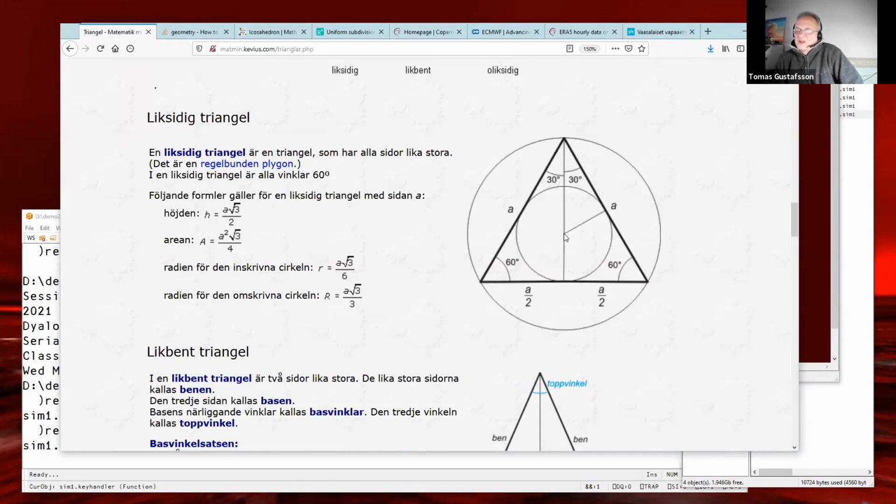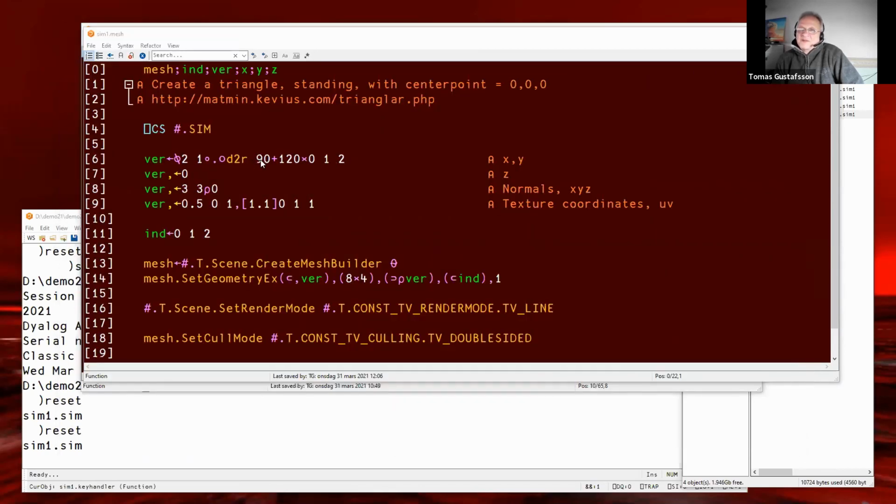If you have the center point here, you walk around the circle with 120 degrees intervals and take sinus and cosinus, of course. So from right to left, 90 plus 120 times 0, 1, 2. Change that to radians with the dynamic function degrees to radians, and take cosinus and sinus and transpose it because it comes in the wrong way.